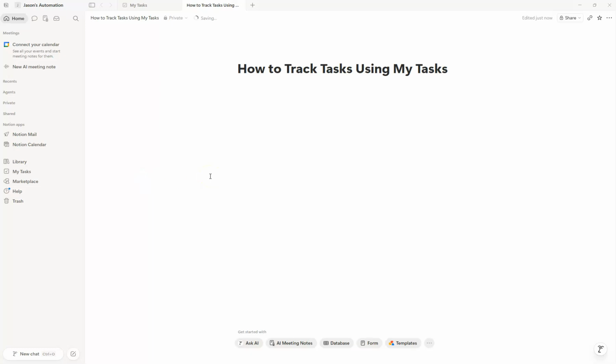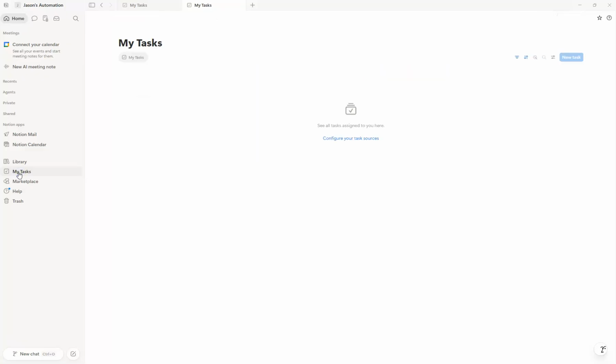Hi guys! In this video, I'm going to show you how to track tasks using MyTask, which is a newer feature of Notion in 2026. What MyTask is, it's on the console on the left, it allows you to connect up to 10 databases